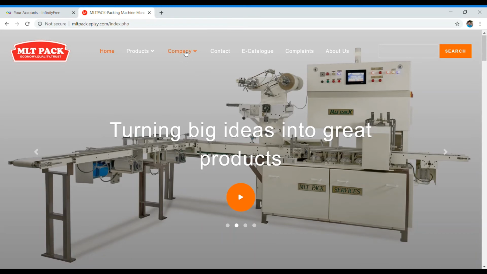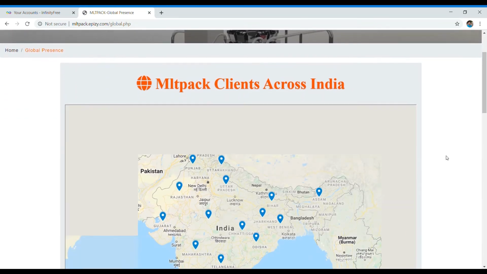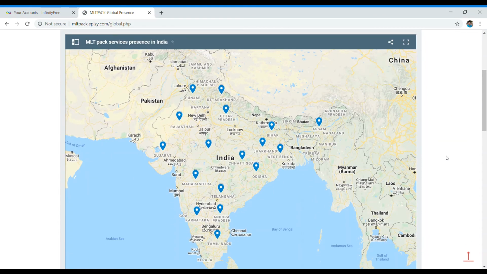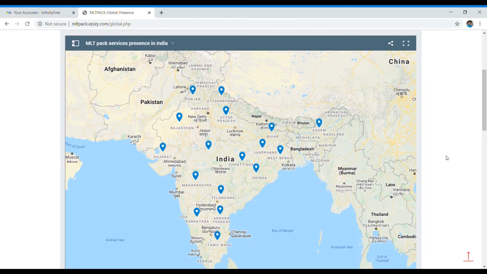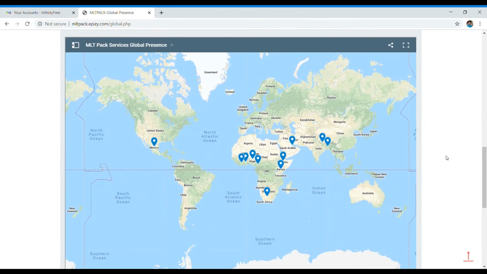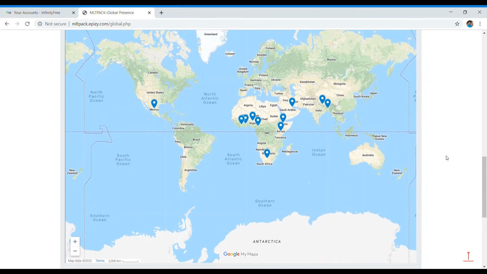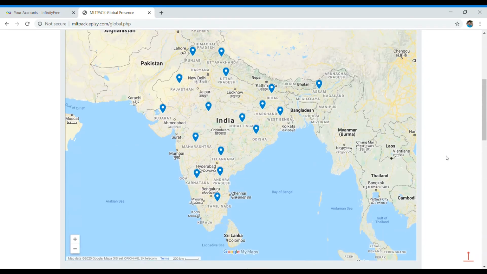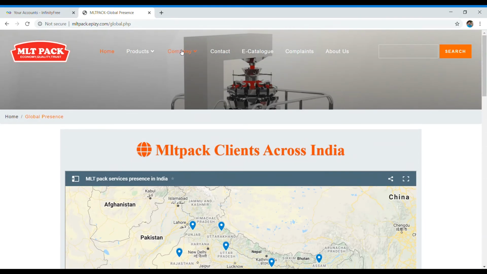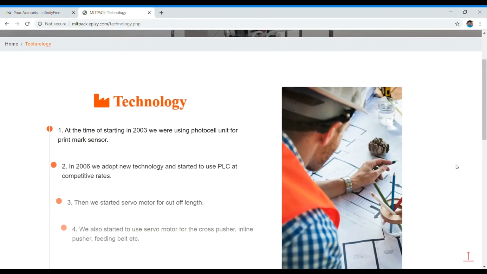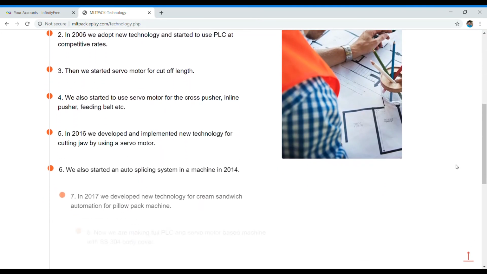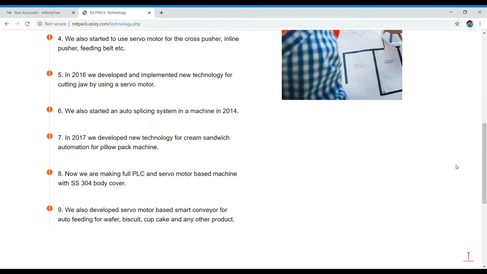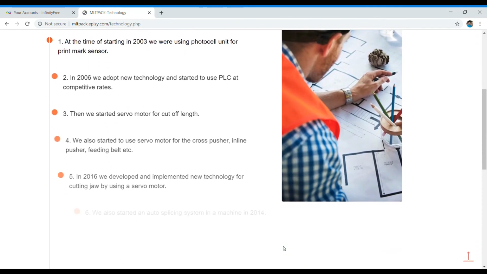Similarly, there is a global presence page which includes the client locations of the company in Indian states. Also, the clients from across the world from various countries are embedded in a Google map. Then the next page is technology, which shows the company's progress from time to time, how the company progressed and achieved success.